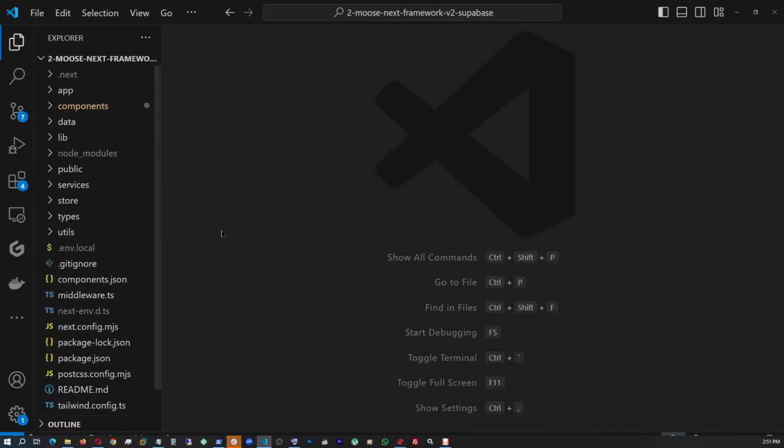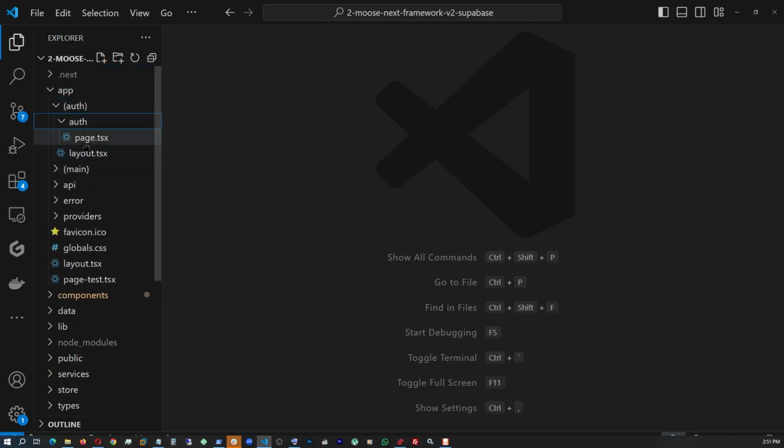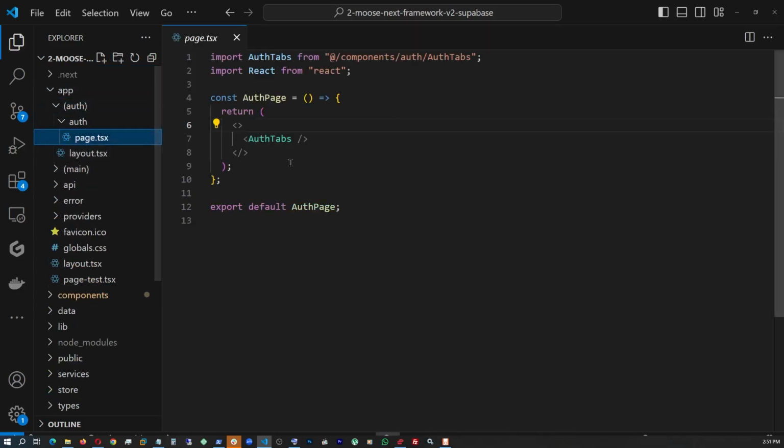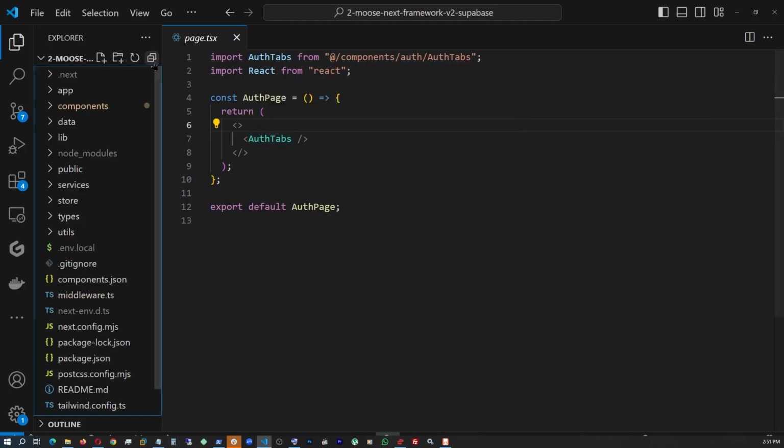All right, so we are back at our Nextjs 14 code. So to find the login and registration form, let's go under app, and then go under auth and come here. This is the main page, and it's a very simple page calling nothing but AuthTab. Where is AuthTab? It is under components, auth, components, AuthTab. So let's go under components,